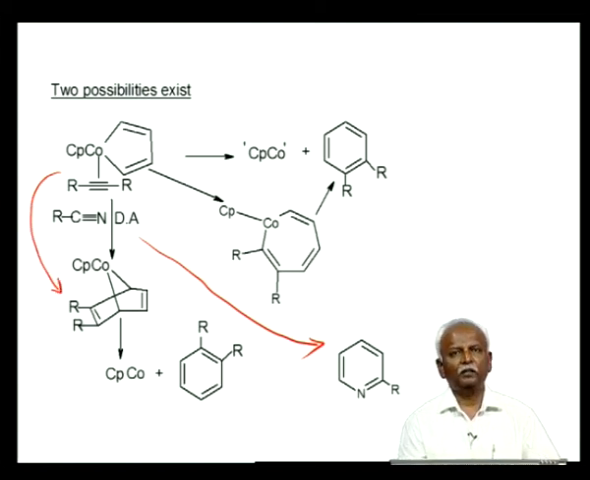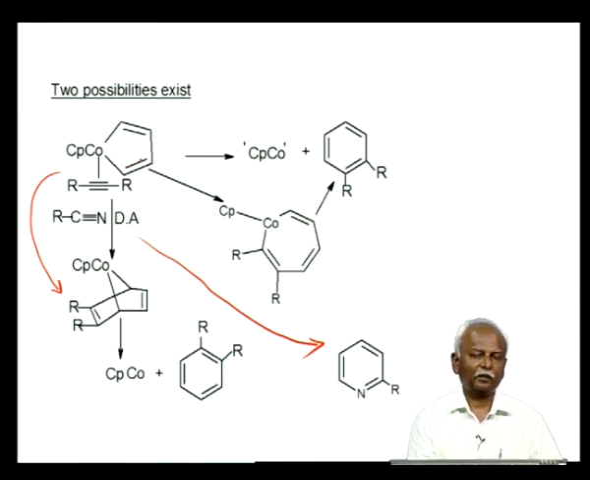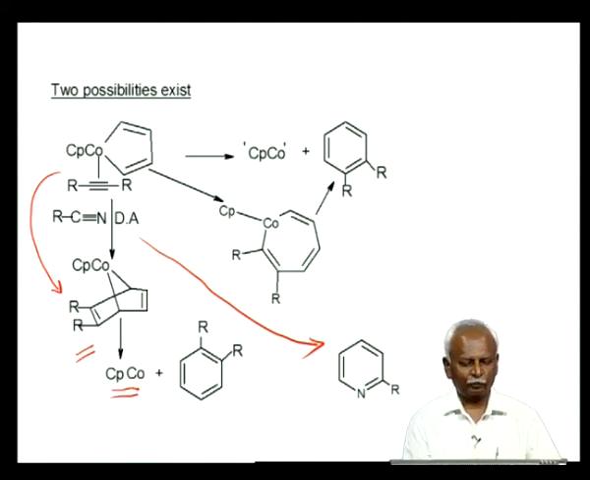Now, this can happen as if it is a Diels-Alder reaction. If you have a Diels-Alder reaction between this metallocyclopentadiene and this alkyne, this is the product that you would end up with. And that Diels-Alder adduct can now lose a molecule of CpCo, which is the catalytically active species, which can react with other acetylenes and go back into the catalytic cycle, but the product that you have got is